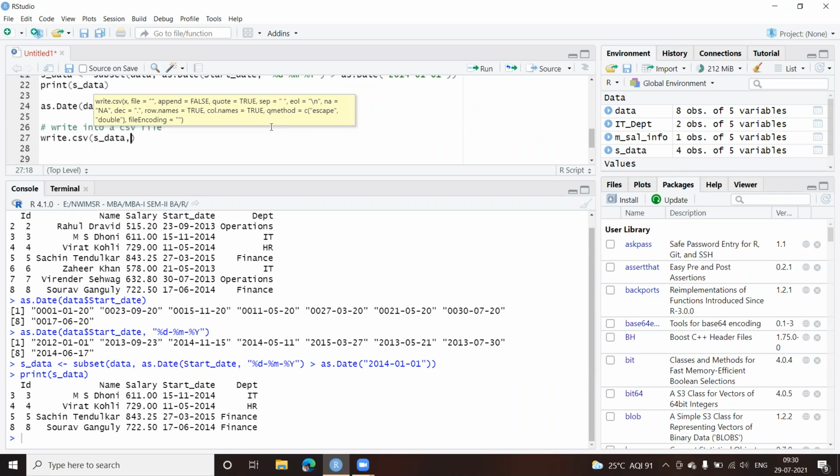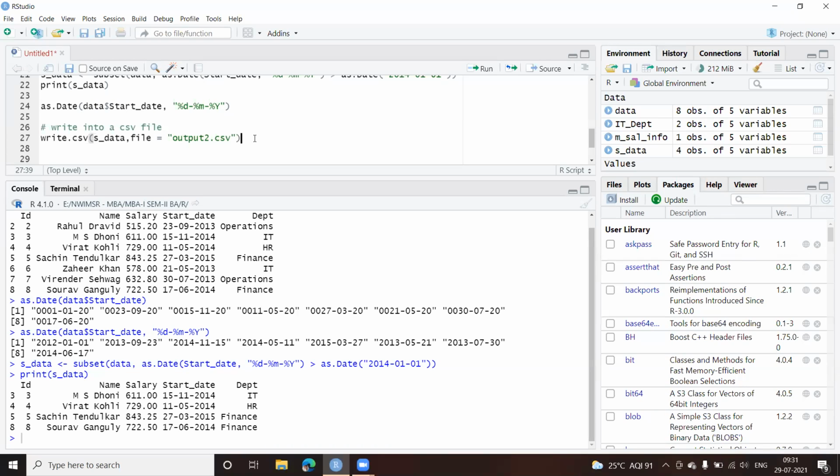Now in this case, even if you want to write into the file without passing any parameter, it is fine. I can just give the name of the file and finish it off. Only 2 parameters are more than enough. Either you can give file equal to and the name of the file, or you can also give in double quotes directly the name of the file. Let us give this as output2, because I already have some file by the name output. So I'll give output2.csv. Okay. So this is my file which I want to store in.